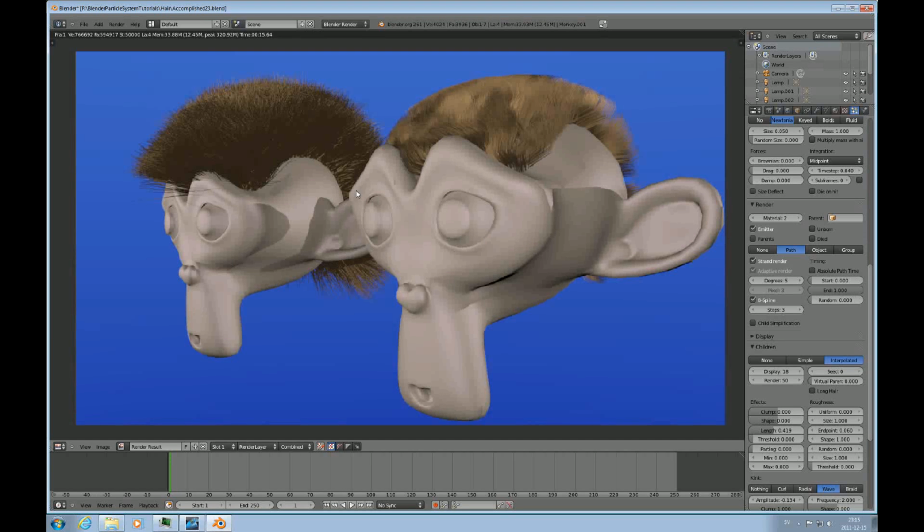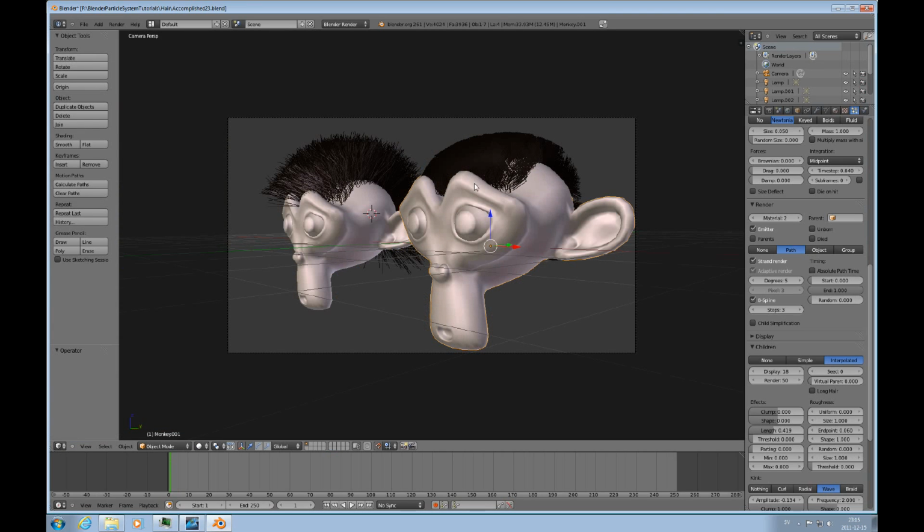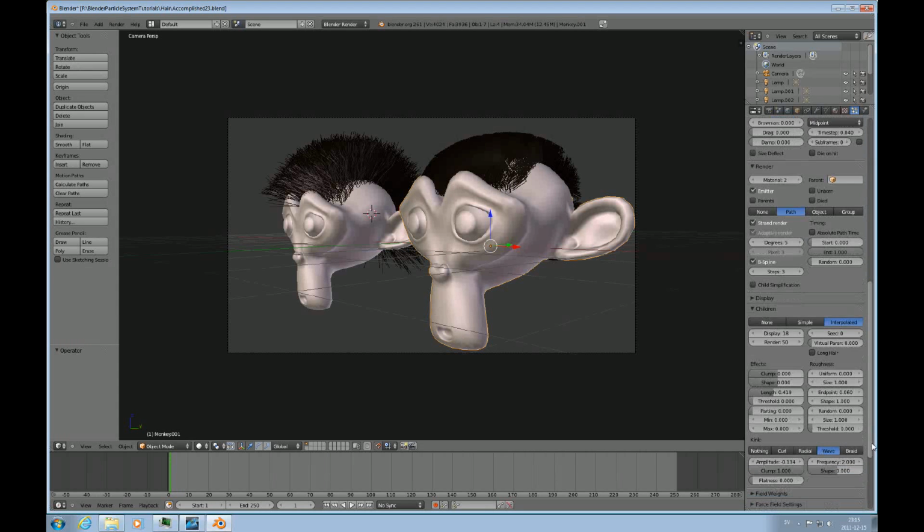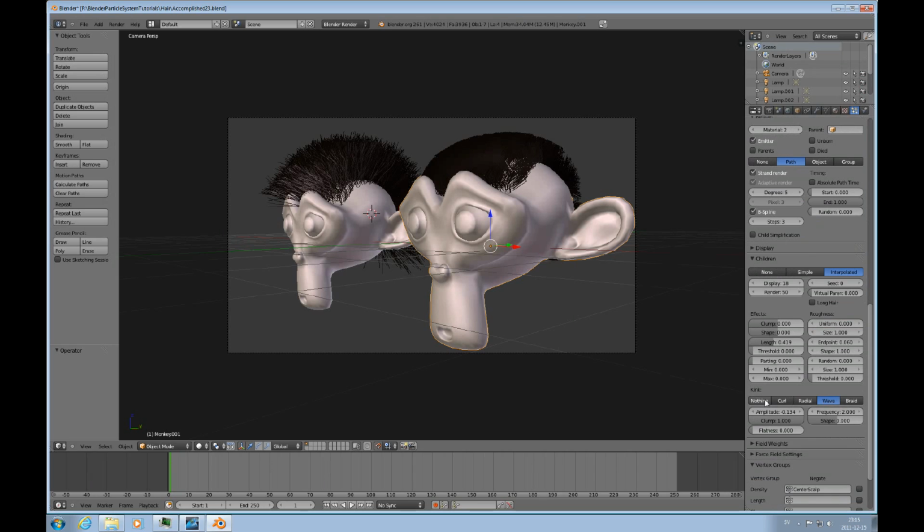So if you don't want to use the strand render, you have to think about that when you create your material, that it has to be a little bit different to give the same result, or a result that is what you're looking for. So let's look at this one here, and we can turn something more off. We can turn off the kink,